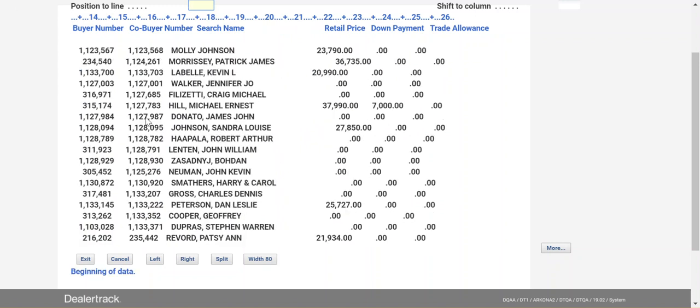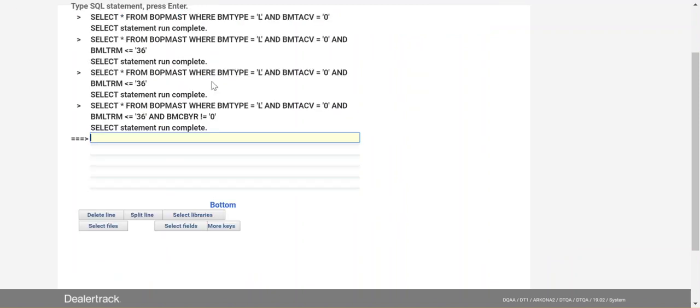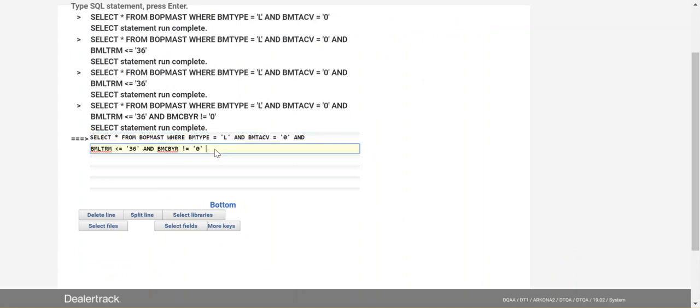So we could go even further and say, how about only show me deals with customers that have, let's say, start with M. Let's do that. So F12, F9, and we are going to go off of the search name. Search name